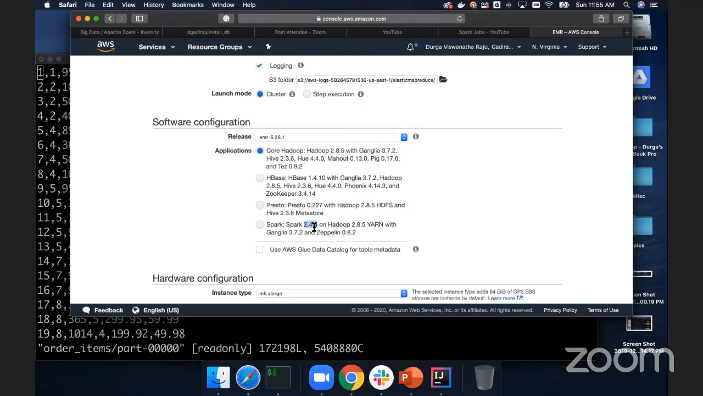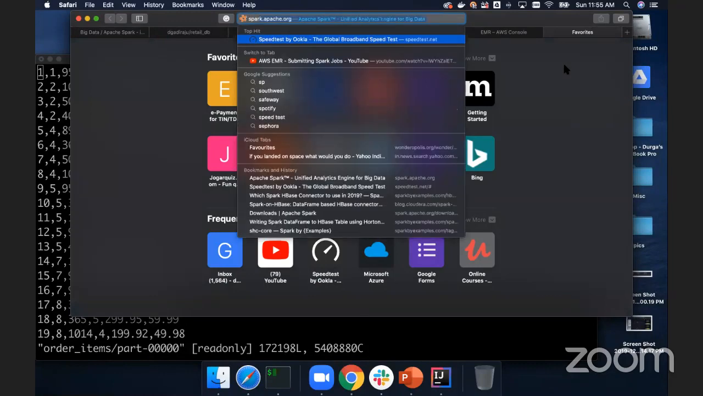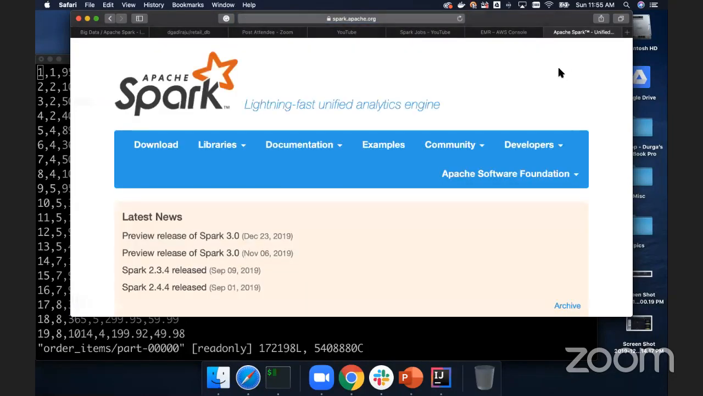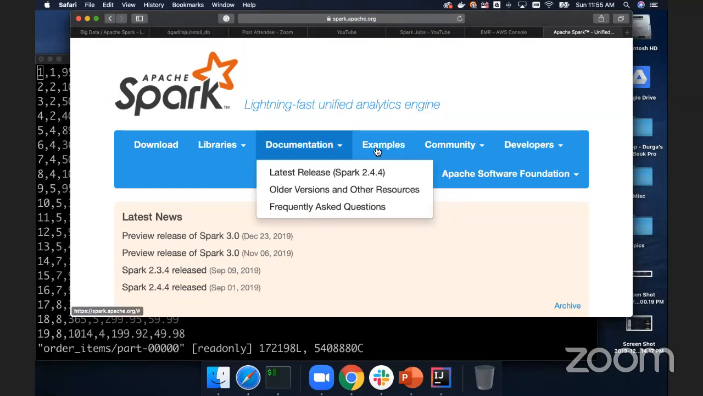And if you look at this, Spark is 2.4.4. Now we have to identify which Scala version is compatible with Spark 2.4.4. For that, you have to go to spark.apache.org. And then you go to the